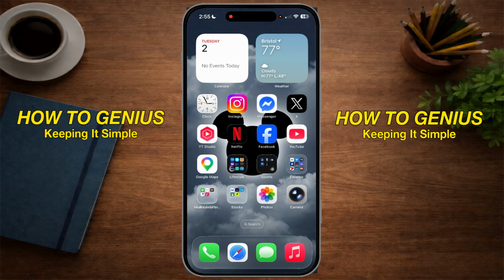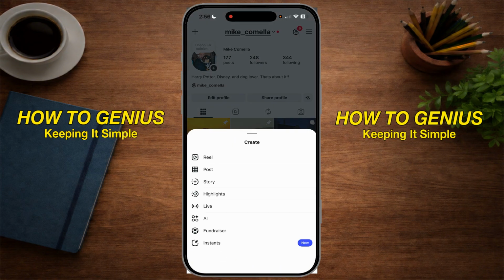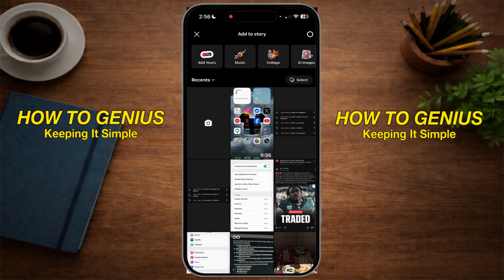I'm going to show you how to search for filters on Instagram. So I'll show you two ways. One way is for your story, and then I'll show you how to do it with your reels. So let's go to Instagram, and I'm just on my home page here, but what you want to do here is go to the plus sign at the top left-hand corner here, and you want to go to your story,